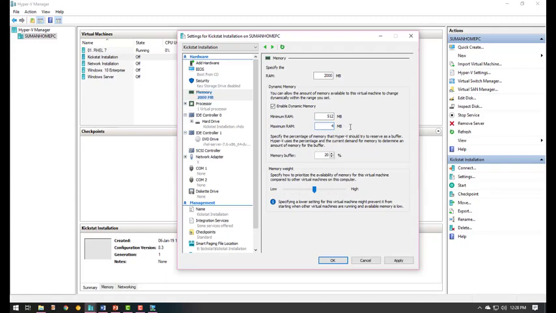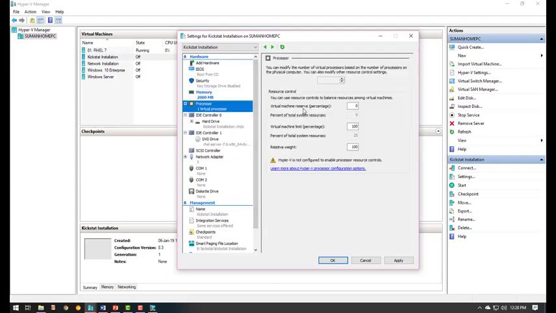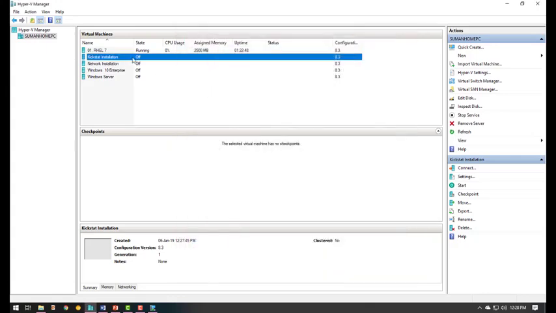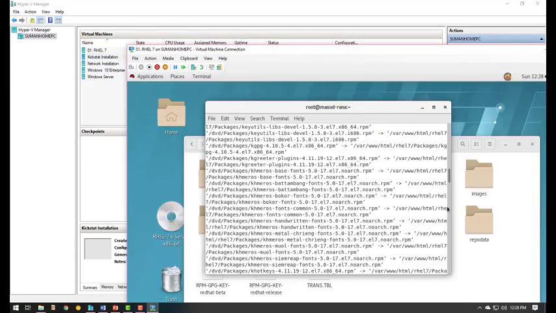I am limiting the maximum to 4000 megabyte as 4 GB. Also here is one processor. I am giving it 4 processors. Okay, let me connect to this thing and also check this first thing.